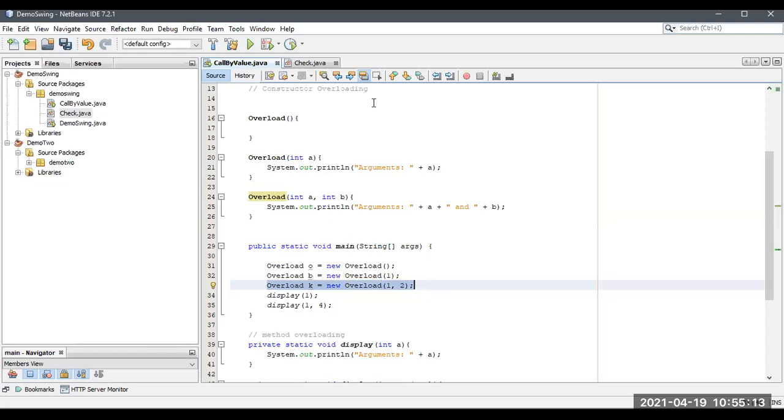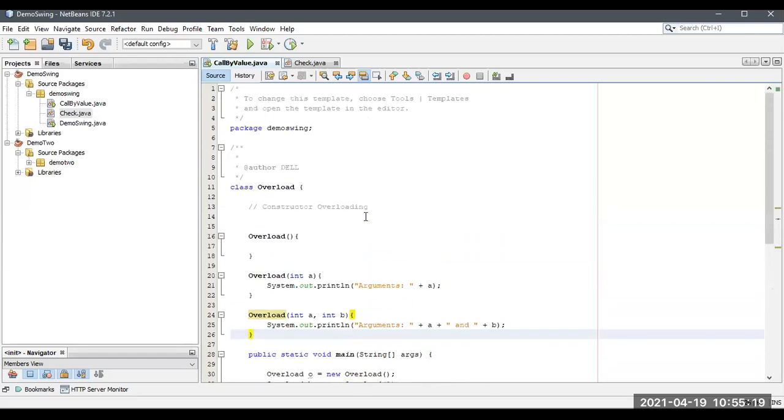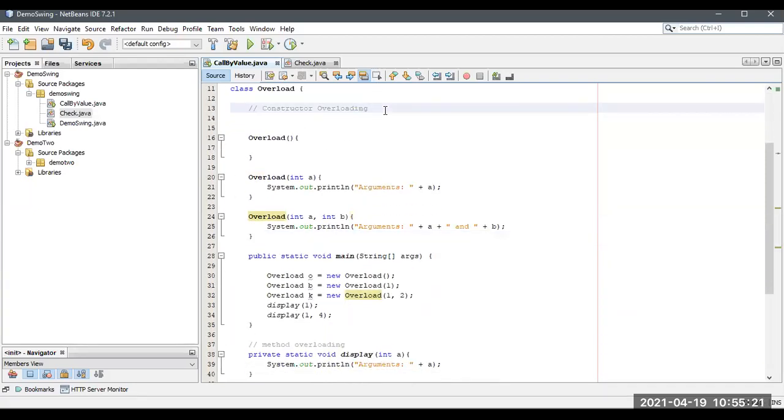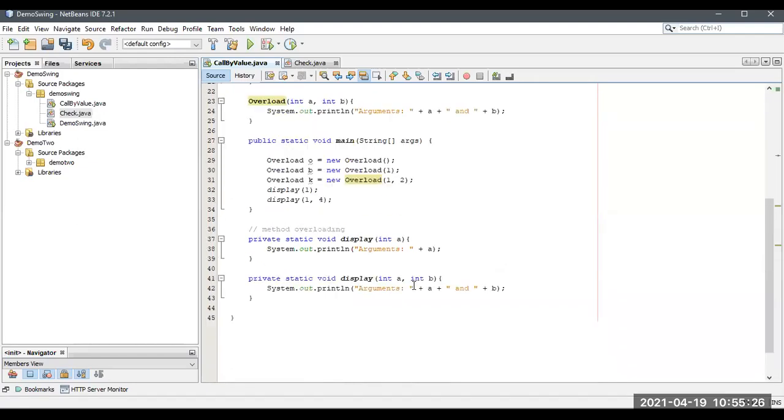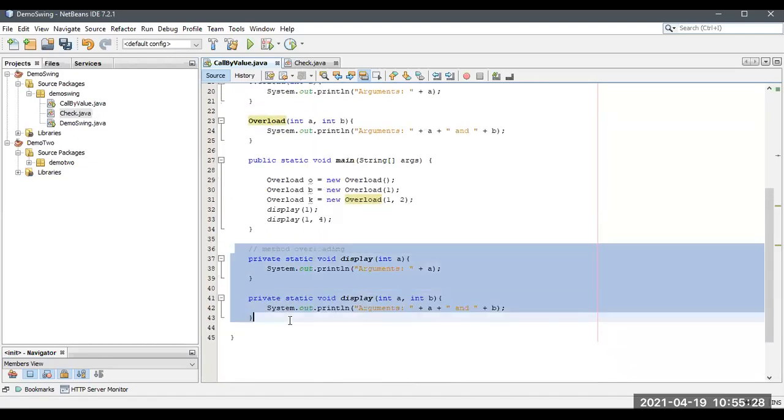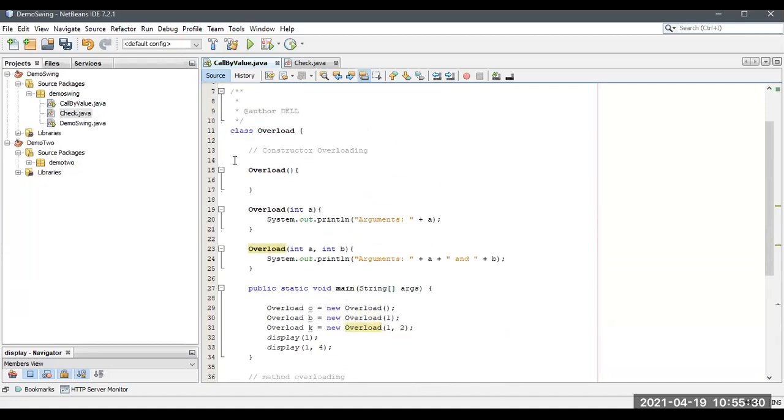Now you got the point, right? I think you understand this. This is constructor overloading and this is method overloading. Understand it at least once so that constructor overloading will be easy for you in the same way.